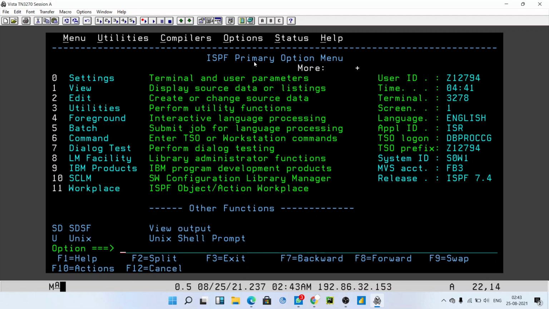Today we are going to see how to copy the PS file inside one PDS file to another PDS file. How to copy the PS file of one PDS to another PDS. This is a very important topic, guys. Many mainframe developers to date don't know how to copy it. It's not actually difficult, but it's confusing. Many times developers get confused about how to copy the file from one PDS to another PDS.